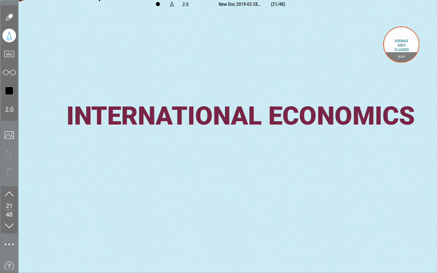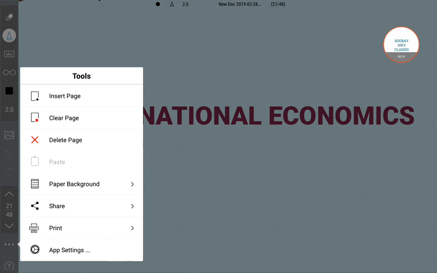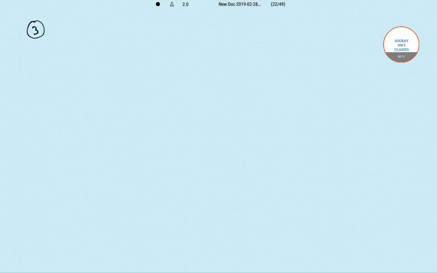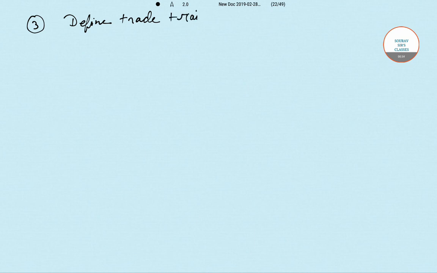In today's lecture we'll be talking about a topic from international economics. First I'll write down the question. It says: define trade triangle. So we have to define trade triangle and signify